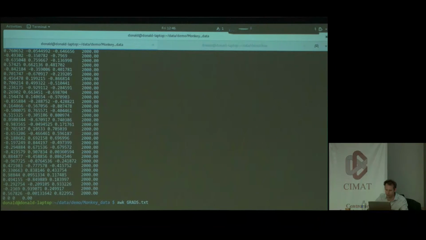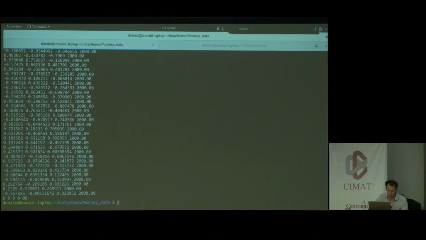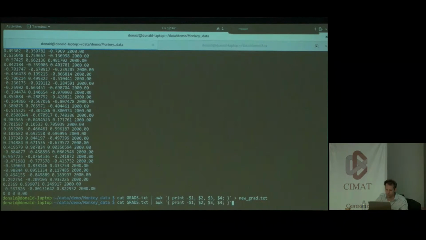So there's various ways of doing it. I'm going to just do it the old school way because I'm a nerd of the highest order. print -$1, $2, $3, $4. Okay, let's just check what happens. So you can see I've inverted the X component here, so I'm going to put it in my new grad.txt file. And we're going to redo the